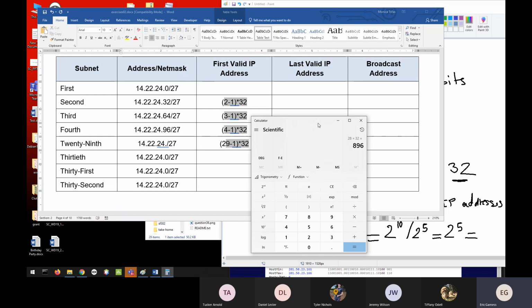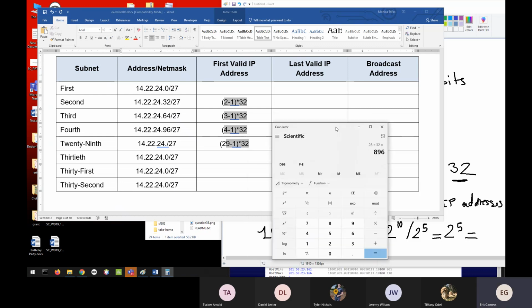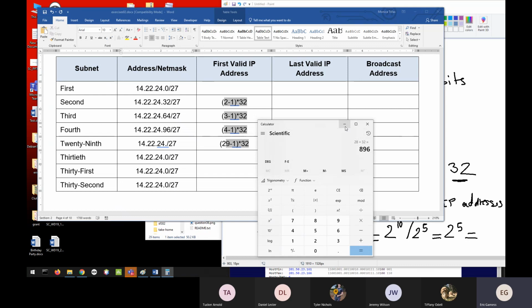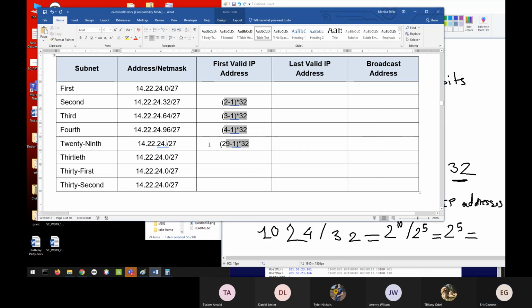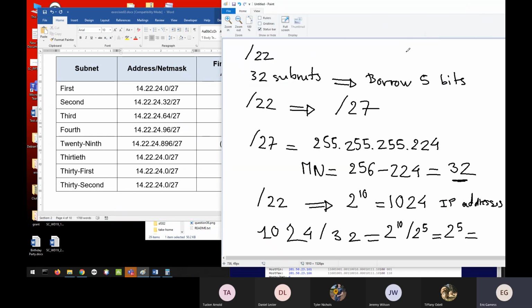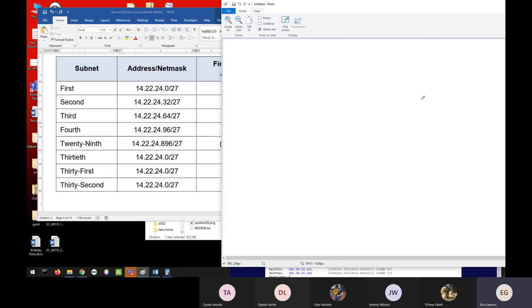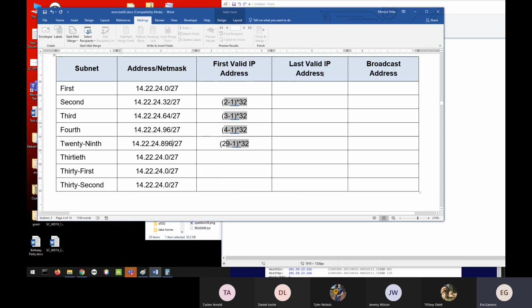Okay, what happened here? We get 896. What should I do? Can I put 896 here? Let me put 896. Can I put 896 here? No. So 896 is what? What is 896? It's exactly as with the hours. When you work with the hours,